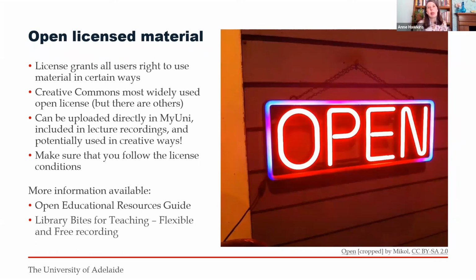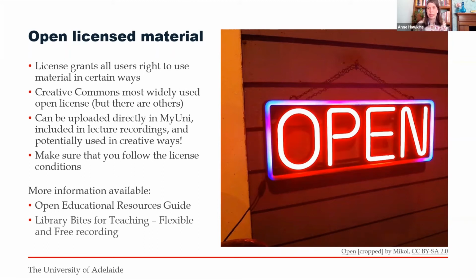So the policy requests that open license material be used where possible. An open license grants users the right to use material in certain ways without needing to ask for permission, or you don't have to rely on an exception either. This material is preferred in the policy because it can be used broadly.